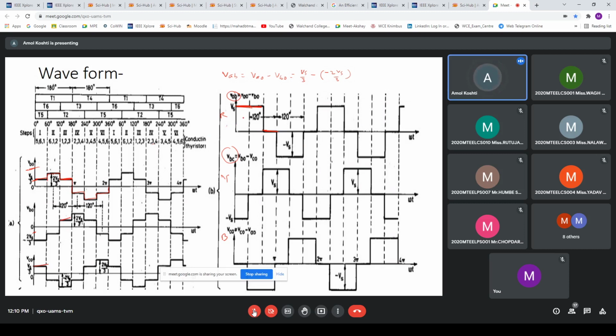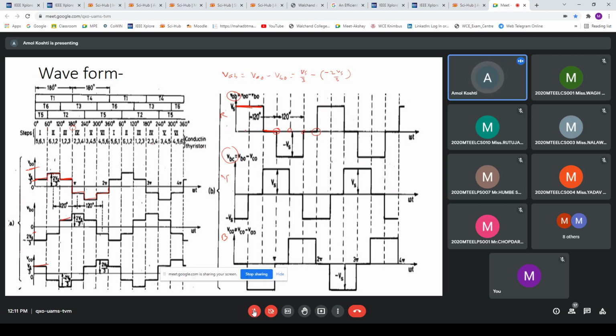Inverter output is always a rectangular type of pulse. Further, when we connect the filter circuit, through the filter we get the pure sinusoidal waveform. Here it is 60, 120, and 180 degrees, so it is the 180 degree method. Then 240, 300, and 360 degrees.